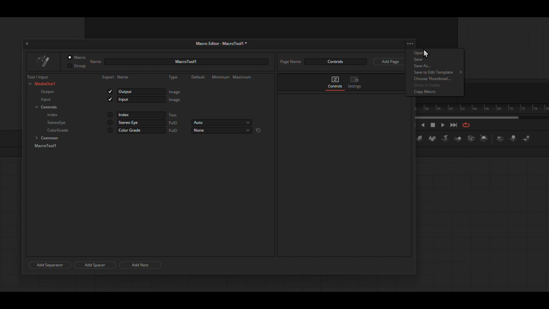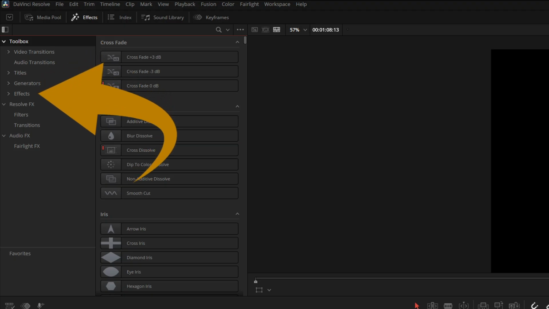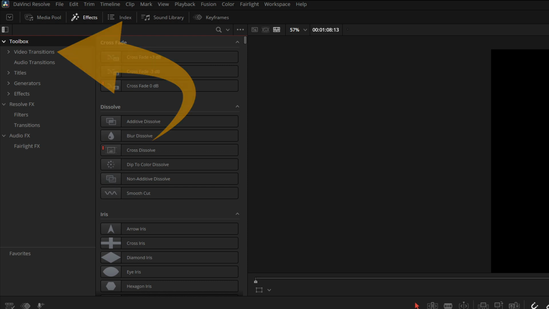Save to Edit Template makes your macro available in DaVinci Resolve's Edit page, Effects Library. You can save it as a title, generator, effect, or transition. We won't cover those template types in detail here, but this image does show you exactly where each one will